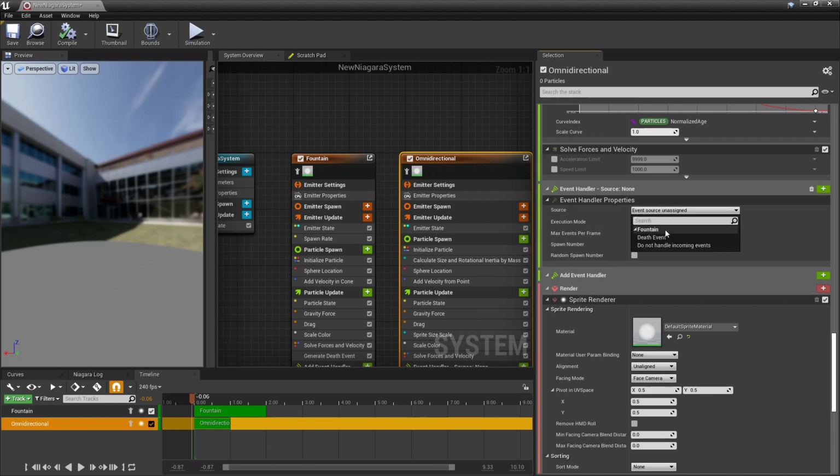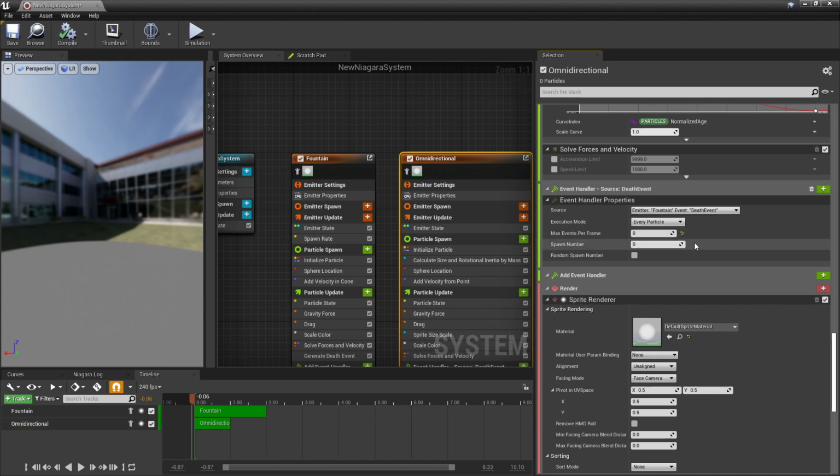So you say from the fountain, I want you to receive the death event. Also, execution mode, rather than it acting on every particle, it should only act on spawn particles. And after this thing has died, how many particles should I spawn? So let me put it to something like 5.